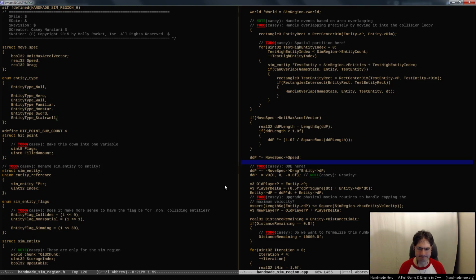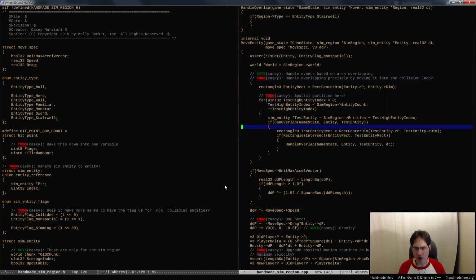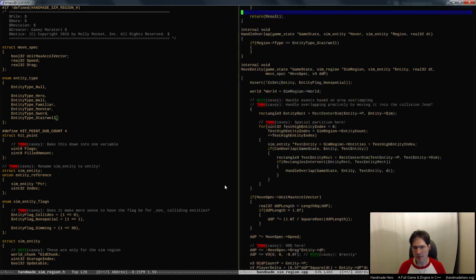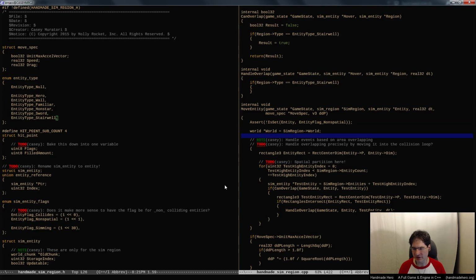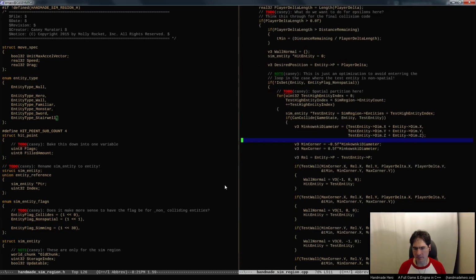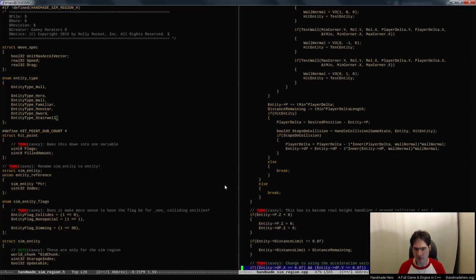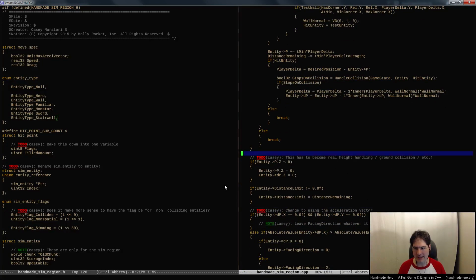I mean, I suppose really, all we would have to do if we wanted to is modify the ground location when you were on the stairwell, right? Because this code right here actually will just do what we need it to do,